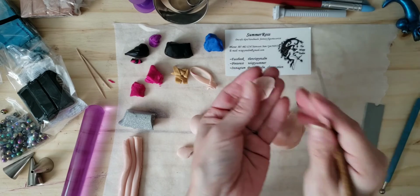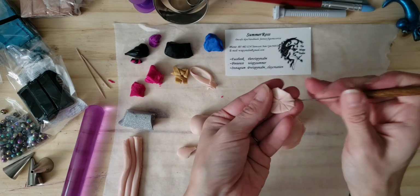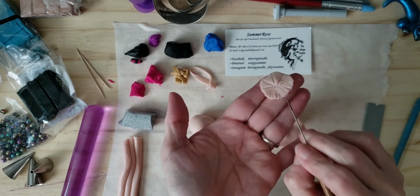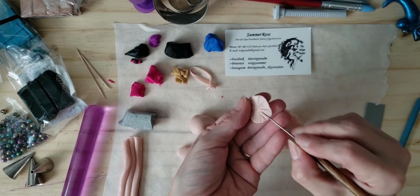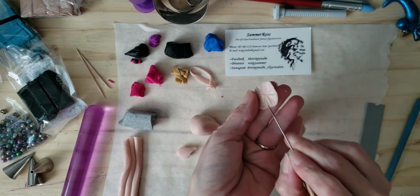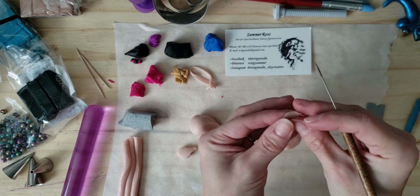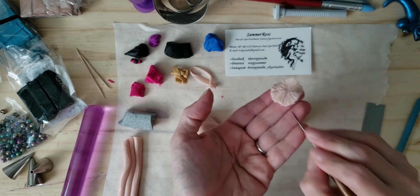After we create the gills, we'll go ahead and add this top part to the very top of our mushroom. Make sure the sides don't touch the second part, the second layer. And then we are going to bake this at the temperature on your clay package. So if you're not using Super Sculpey, you're using Primo or Fimo or whatever brand you're deciding to use, because I'm going to paint this, that's why I'm using Super Sculpey, and that's going to be in part 2. But you want to make sure that you're going to bake it at the temperature that it says on the package. So this is probably going to go in for me for about 45 minutes